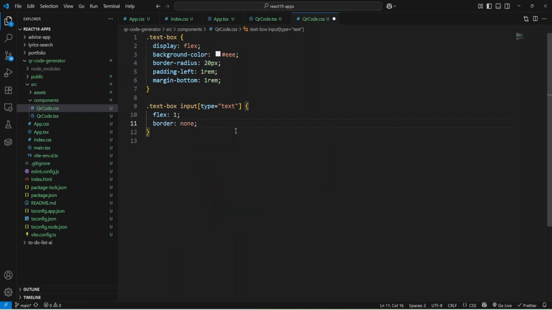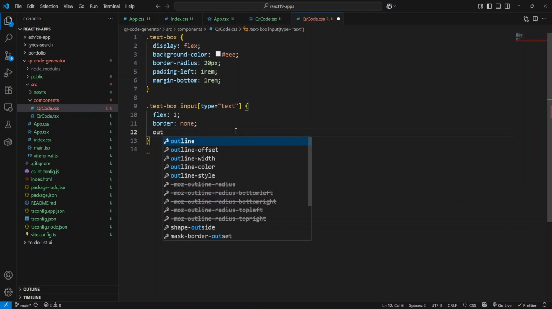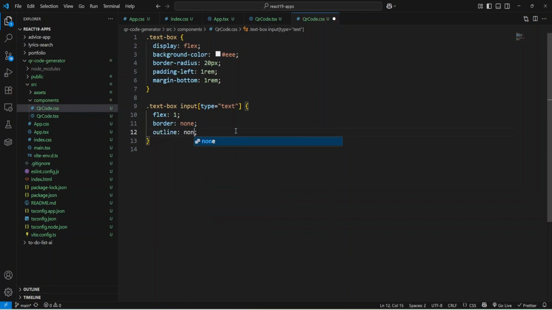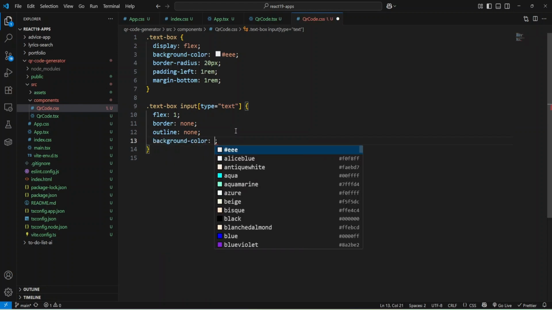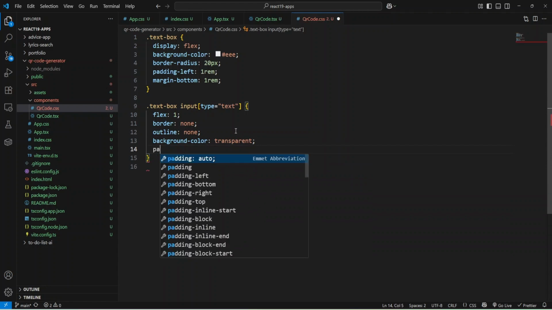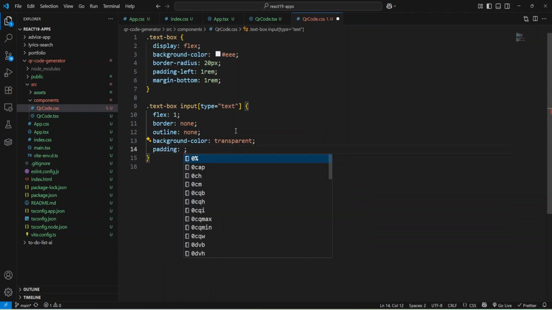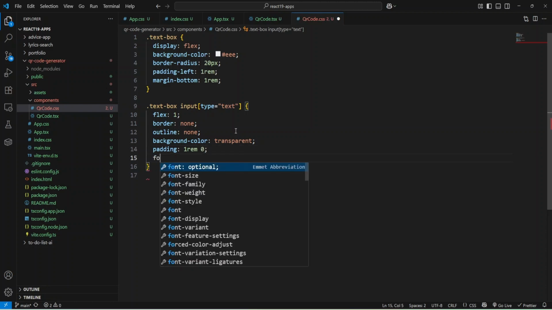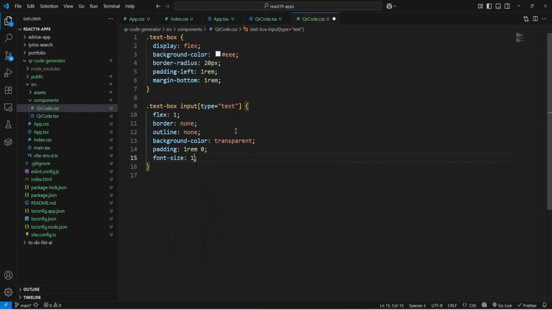Border would be none, and remove outline also none, and let's make background color transparent, and also add some padding like 1 rem for top bottom and 0 for left right. Okay, and also we can add or increase font size to 1.3 rem.